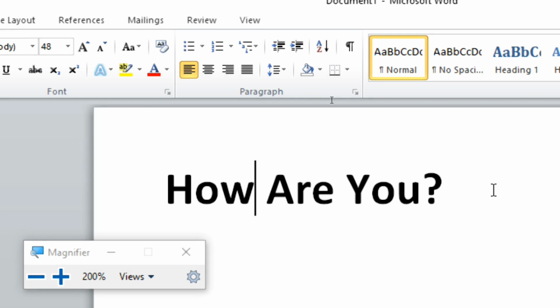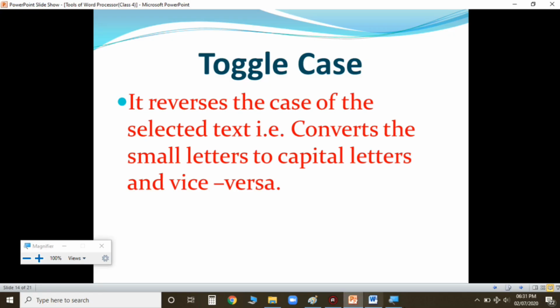Now last one, toggle case. In this, what happens? When we select the text, it just reverses the case. It converts the small letters to capital letters and capital letters to small letters. Now I'm going to show you how.